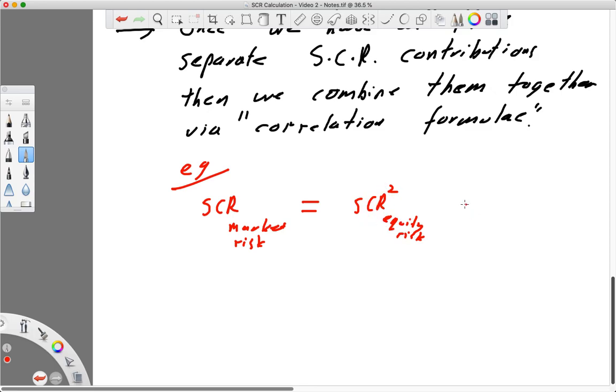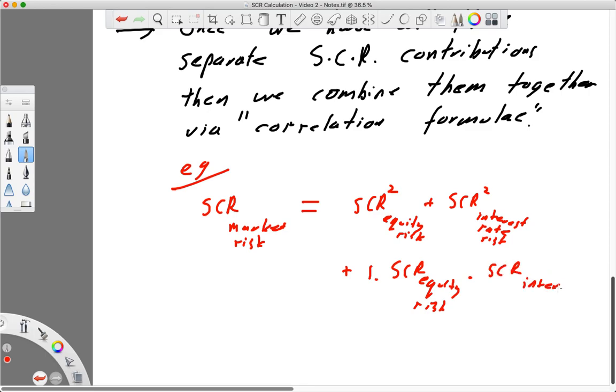So we square that, and then we might add the SCR squared for interest rate risk, and then add on 1 times the SCR for equity risk times the SCR for interest rate risk